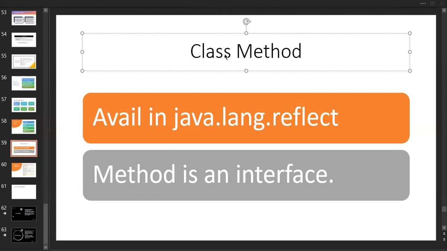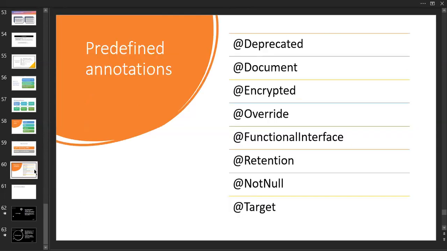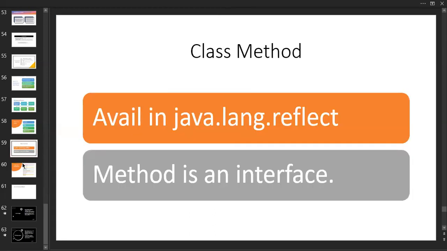Yeah, don't you think this is a class that consists of a method? This is a keyword available inside Java. So by using this, we are going to use user defined annotations. Again, I'm telling you, this is a keyword available inside Java, and by using this class we are going to use user defined annotations inside a program. This is for user defined annotations, and there are predefined annotations available. After the predefined ones, we are going to discuss the user defined ones.